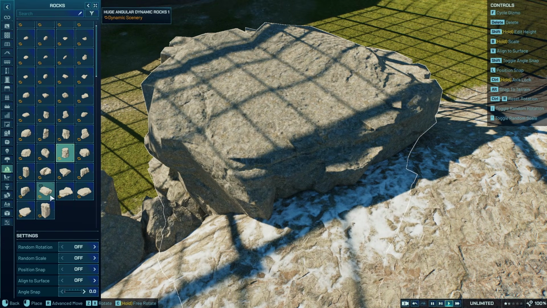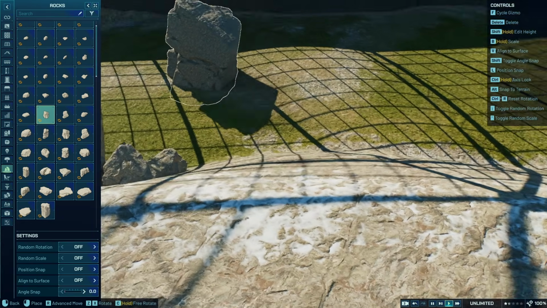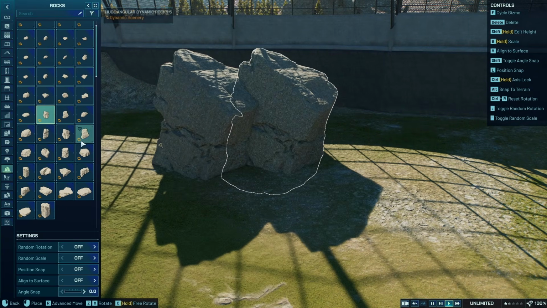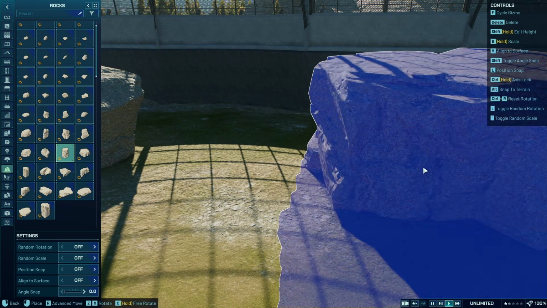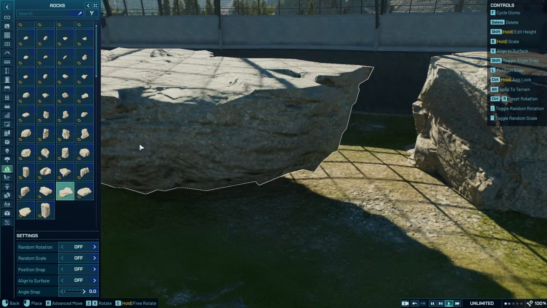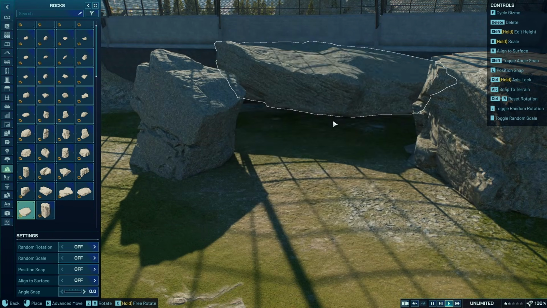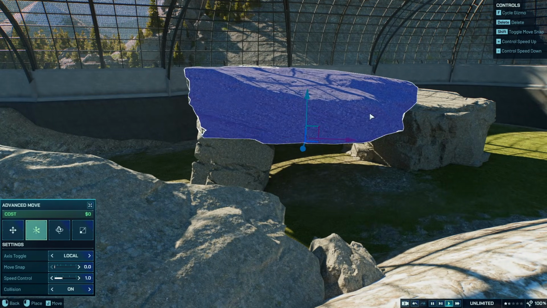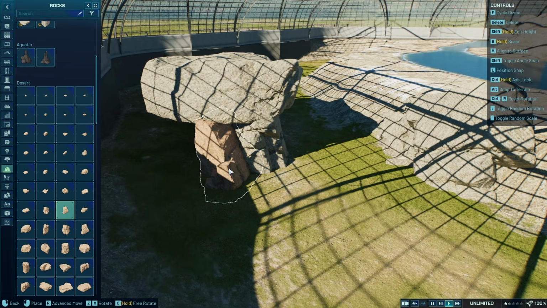That one's a little big for an aviary. This one... Okay, not that one. This one's not that bad. What if I have that one? And then like a taller one over here. And I got like a really flat rock. But that's kind of alright. Potentially, if I add another rock over here,